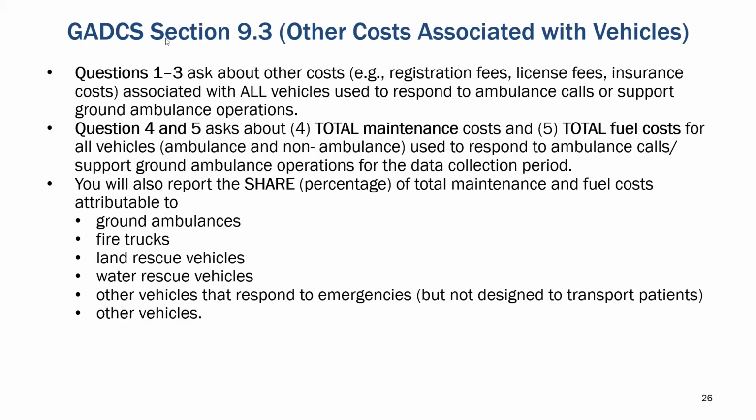I won't spend much time on section 9.3 because many of the considerations here are shared with section 8.3 on facilities. Here, you're going to report information about total maintenance and total fuel costs across all of your vehicles, ambulance and non-ambulance, used to respond to ambulance calls or support ground ambulance operations. There's specific questions that ask you to break out the approximate share of maintenance and fuel costs across these different